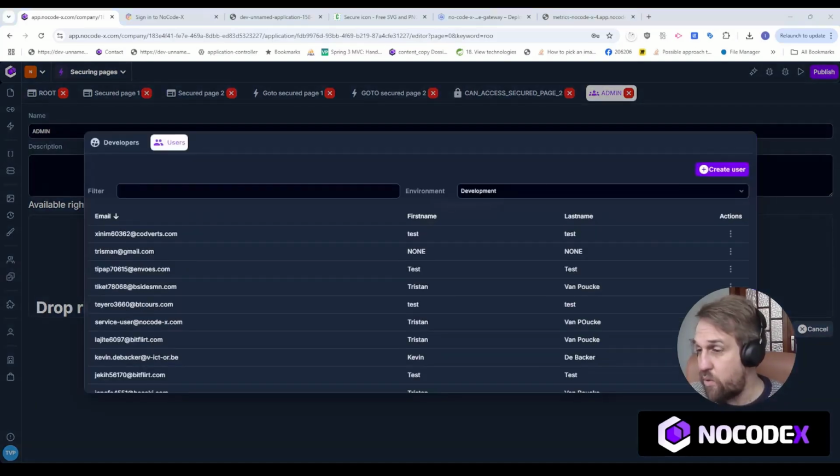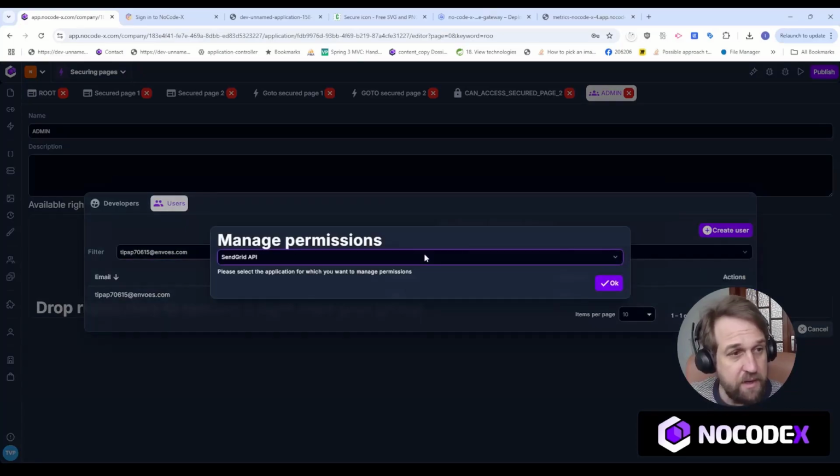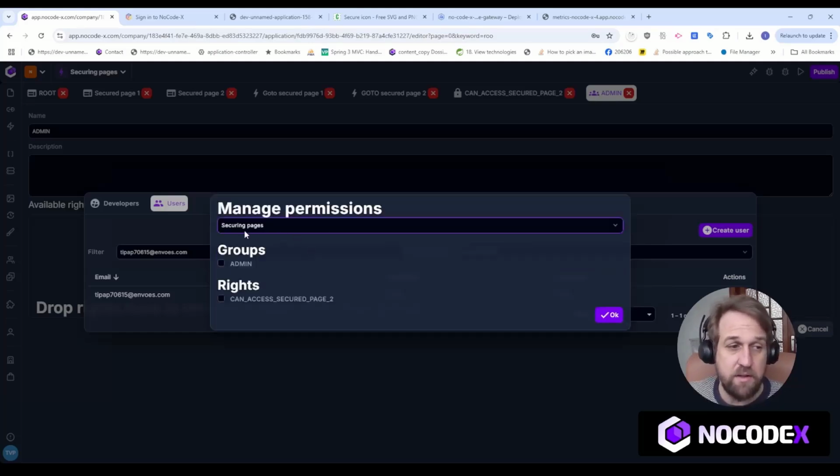And now I go back to my users. I find one of the users that I have created, the second one, and I hit manage permissions. And then I'll have to scroll through some of the applications because I have many applications in this workspace, but I have to select secured pages right here. So I can choose here if I want to assign a right to this user,